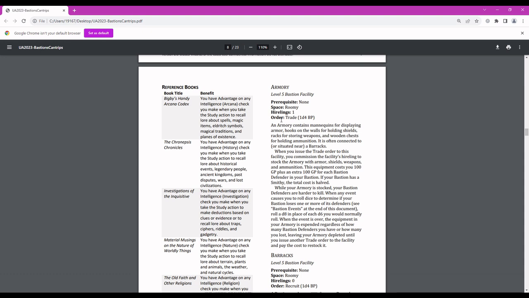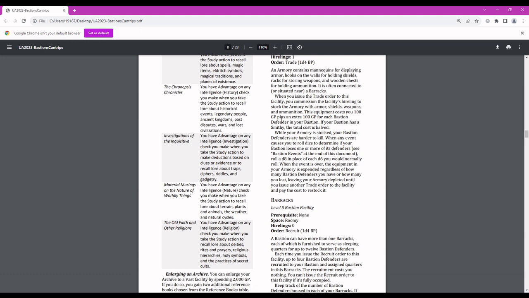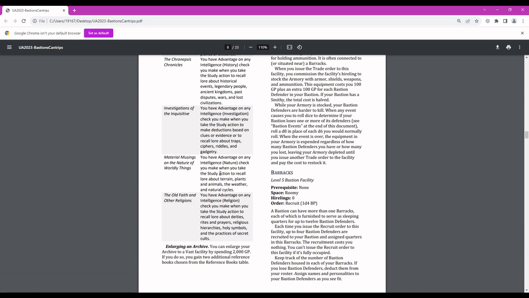Oh, so they got one that covers Arcana, one that covers history, one that covers investigation, one for nature, one for religion. Not bad. Not bad. Oh, and you have the option of enlarging your archive as well for 2,000 gold pieces. You can enlarge it to a vast faculty. Yeah. Okay,